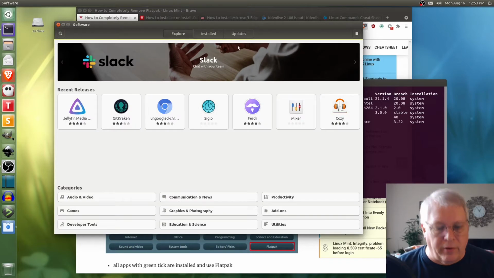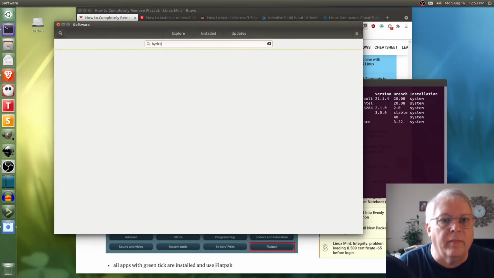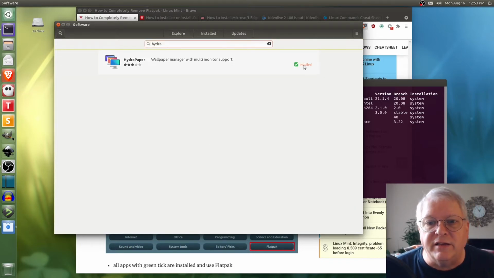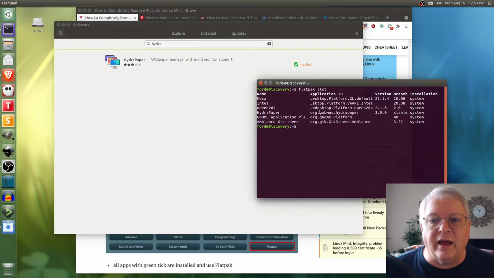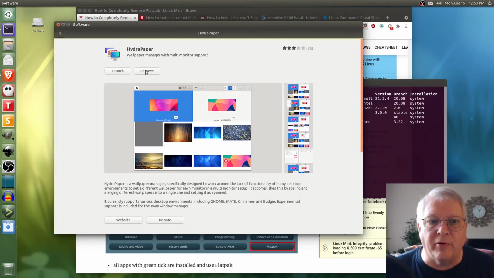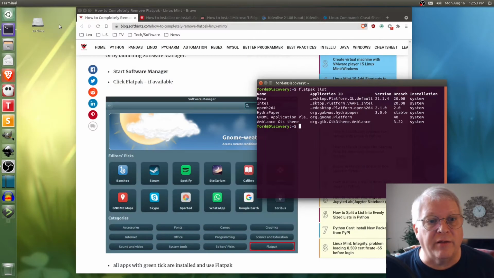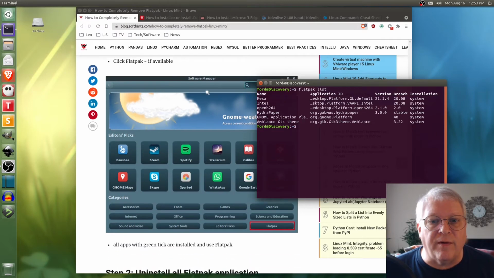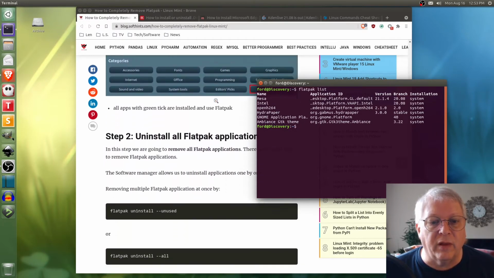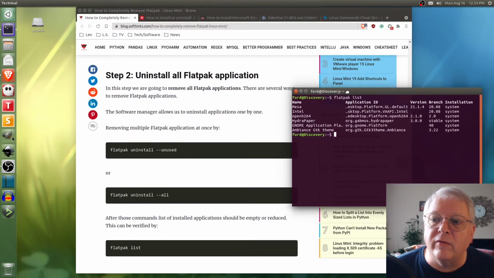Anyway, Hydro Paper, you can see, is installed, but I didn't actually see any of these other things listed. So just uninstalling Hydro Paper using the software manager isn't going to get rid of everything. And I want to get rid of everything. So we're going to get out of the software manager and we're going to follow the rules to get rid of